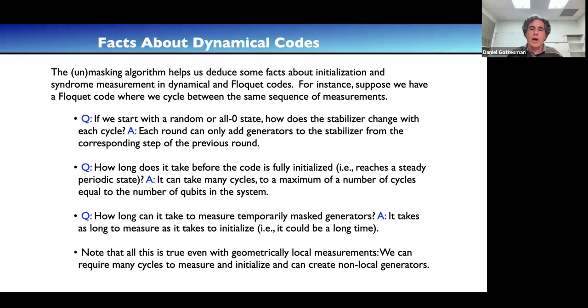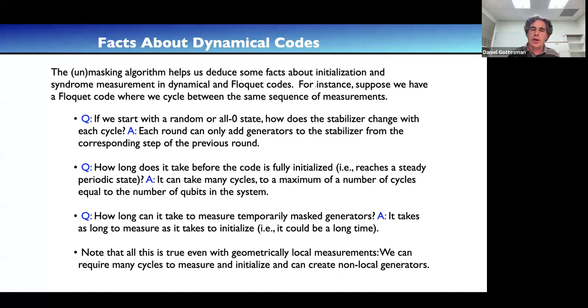Okay, so once you have this understanding of how the error syndromes get revealed and permanently masked, you can start to ask other questions about these dynamical codes. For instance, here are some facts we discovered about Floquet codes.